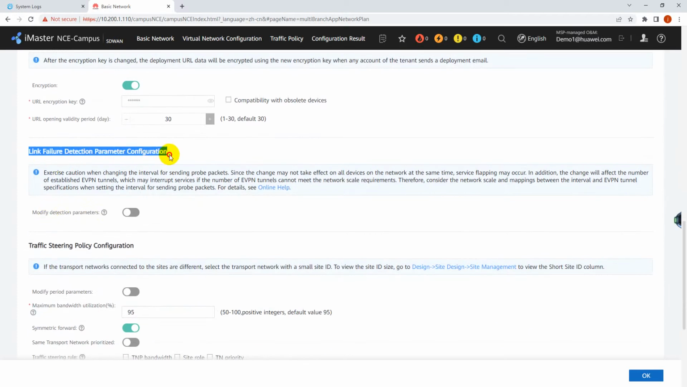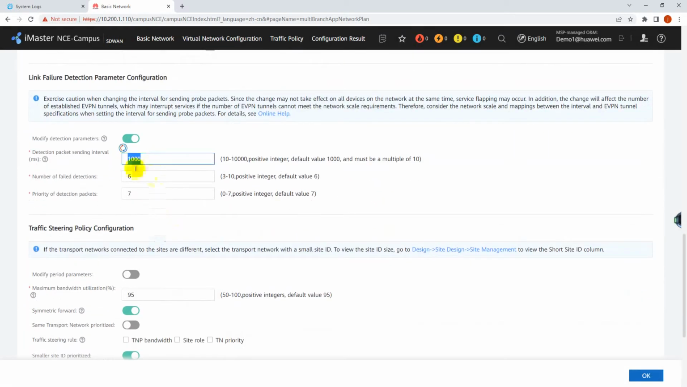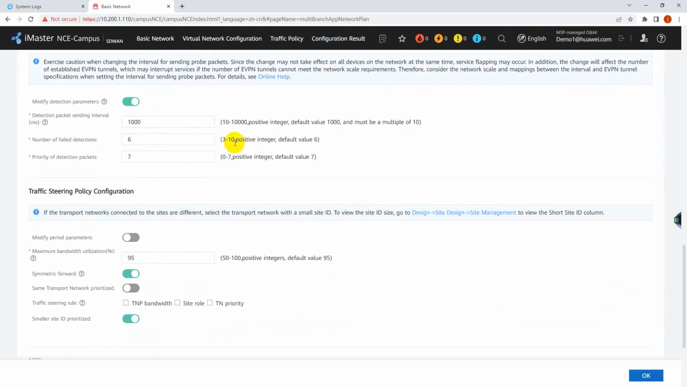And the link value detection parameter is used for us to detect the frequency for the IPFPM to detect the link values: the latency, jitter, and packet loss. The default one is 1 second, and 6 times for failure. The minimum one you can see here is 10 milliseconds, and 3. If you want to ensure that the link quality switching is much faster, then you can modify the